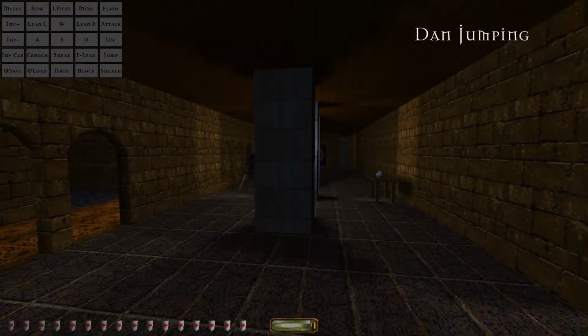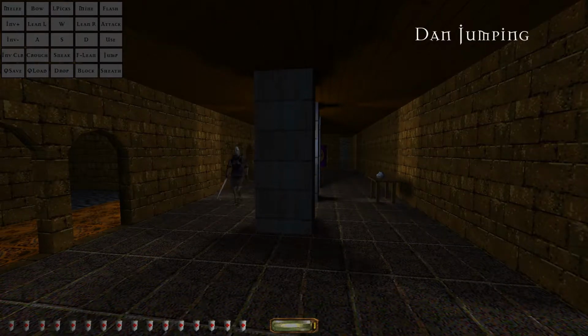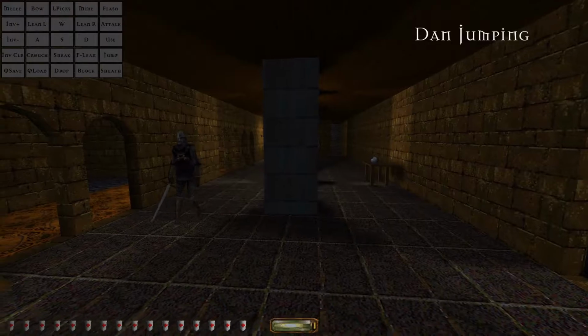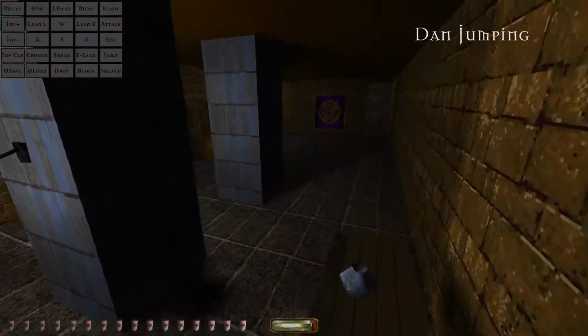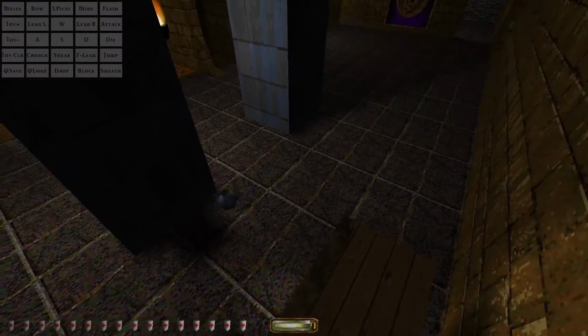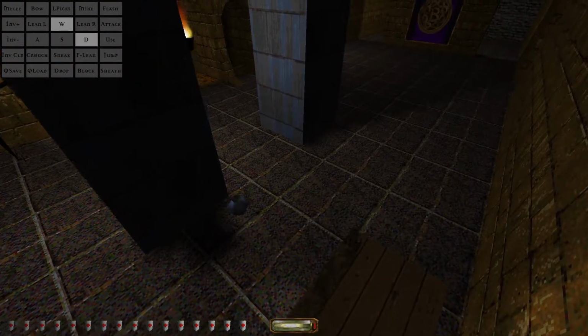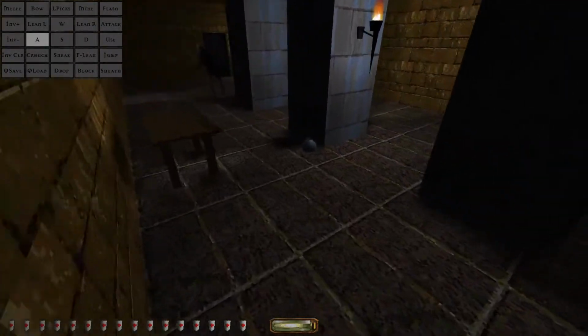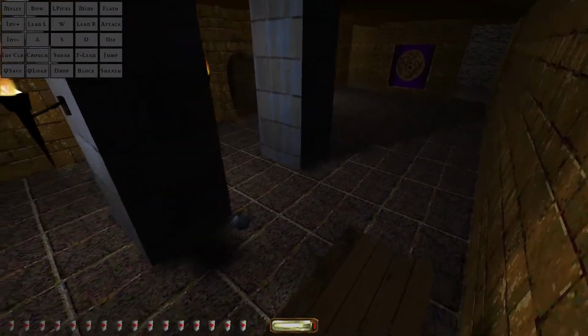Okay, so now I'm going to show you Dan jumping. Dan jumping is, once again, a very simple technique. To Dan jump, all you need to do is jump onto an object, for example this table here, and we're going to start strafing and then scroll. As you can see, that gave me quite a bit of distance, much further than a normal jump would. And I'll show you again,